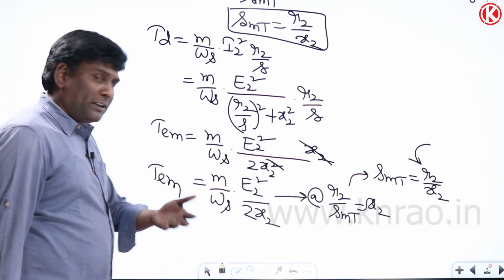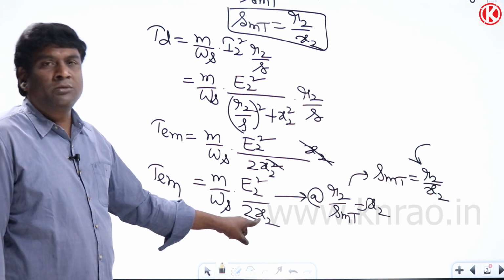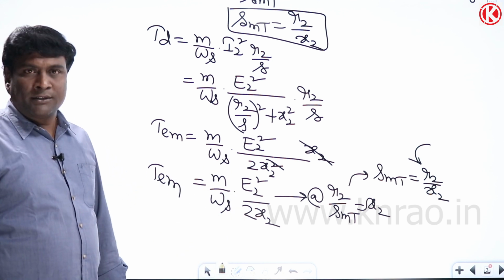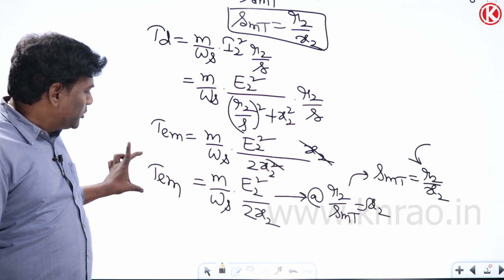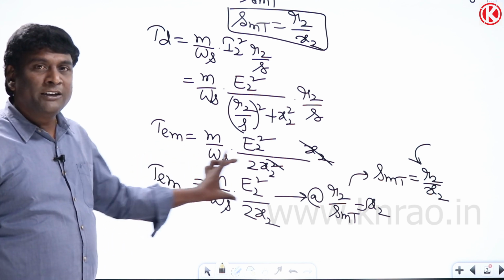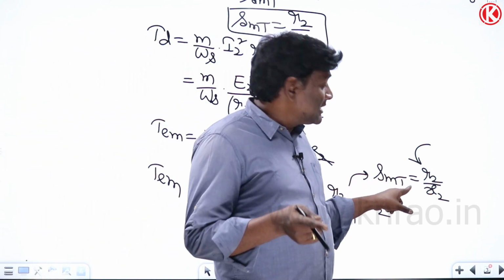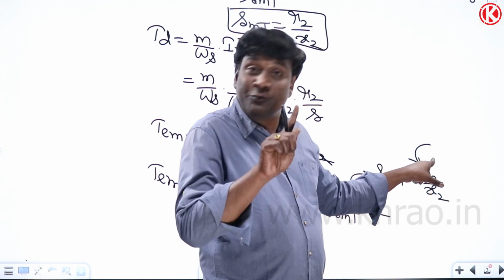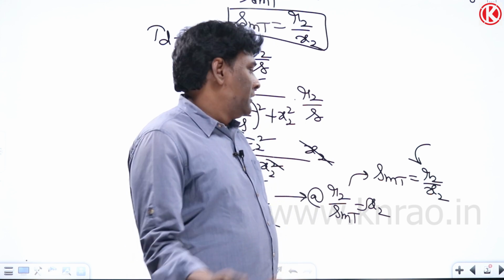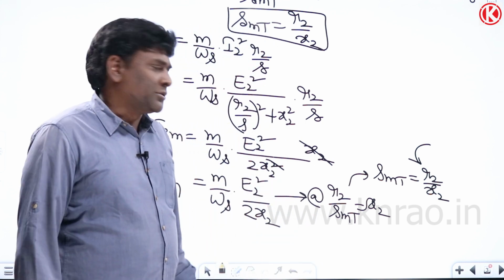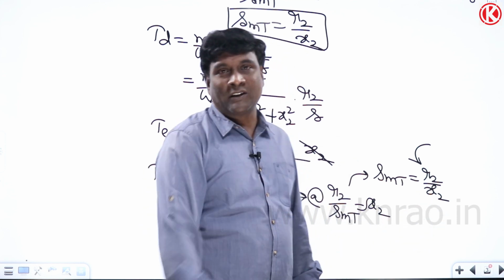One time they asked whether the magnitude of maximum torque is inversely proportional to standstill rotor reactance, something like that. Anyway, the point to be noted here is that the pull out torque, the magnitude of maximum torque, is independent of rotor resistance, but the slip at which maximum torque occurs will be decided by rotor resistance, not by rotor reactance. Because MSQ questions are there, we should be ready for MSQ questions also. So X2 we are not supposed to change at any cost, for some reasons. Forget about it.